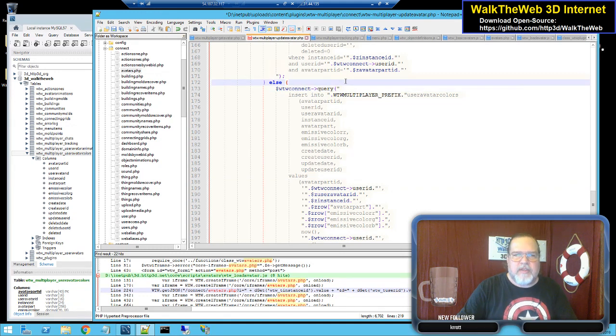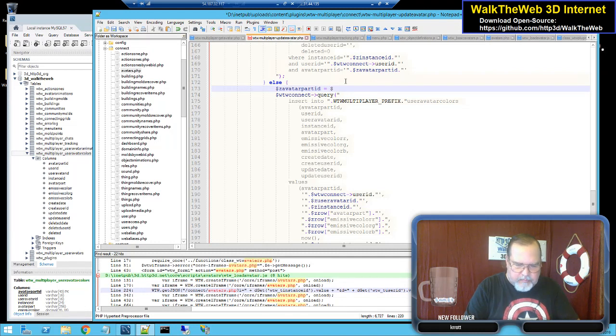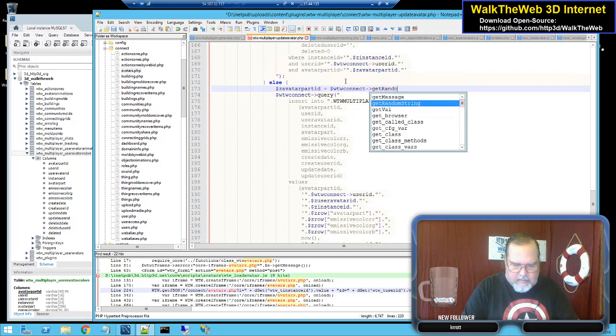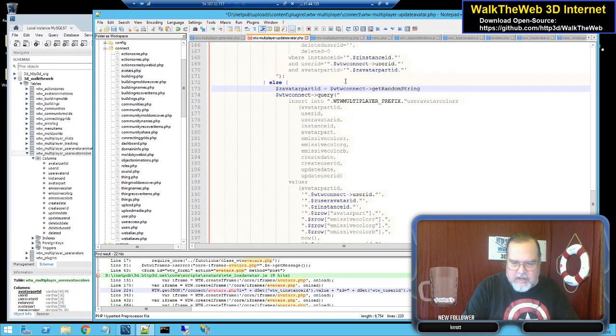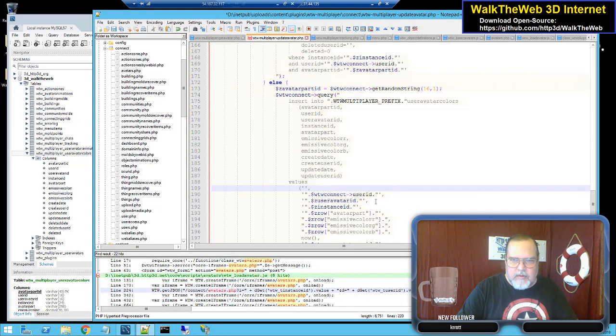So just before we run this piece here, we're going to go z part ID equals WTW connect. We already wrote a function for this in a previous session, so now all I have to do is use this, and we have get random string, sorry. Get random string, and that is going to be a 16-digit type 1. Okay, so that gives us our part ID. Now we'll write that into our query here, and we need